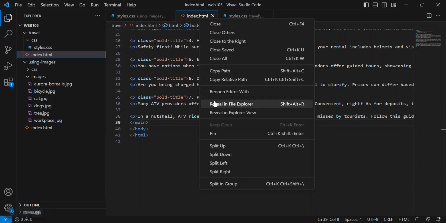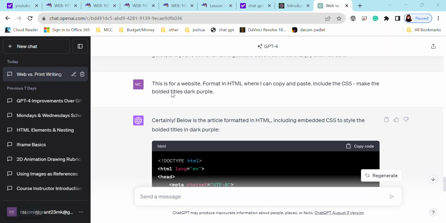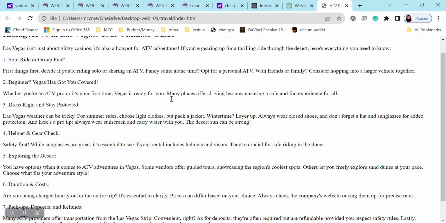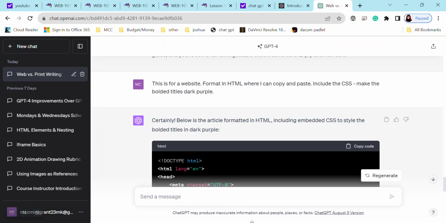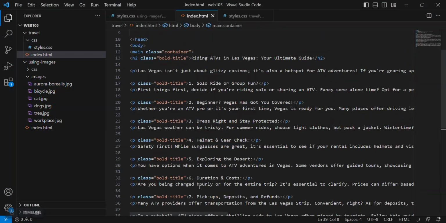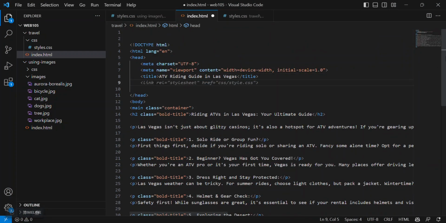I thought I had that added. Well, I will have to update that, so I'll just reveal it in File Explorer and give it a look here. Ah, I did not link to my style sheet, and that's where you get a test frequently. So here, I need to add my link. Save.